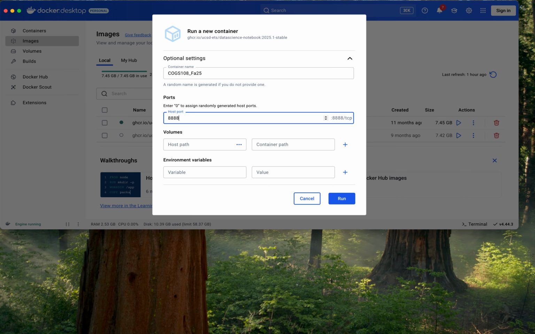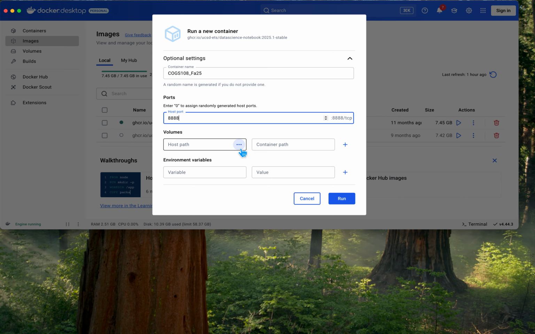So Jupyter likes port 8888. Because we're using Jupyter notebooks for this class, I am setting you up to use Jupyter notebooks by putting 8888, four 8s, here in the host port. Okay, remember when I said we need to tell this thing specifically how it's going to save files outside the